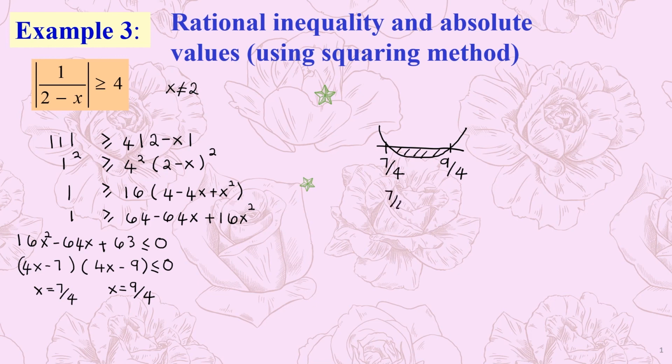So 7 over 4, where 2 is excluded and 7 over 4 is included, union 2 until 9 over 4. So you will notice that we have the same answer as the previous